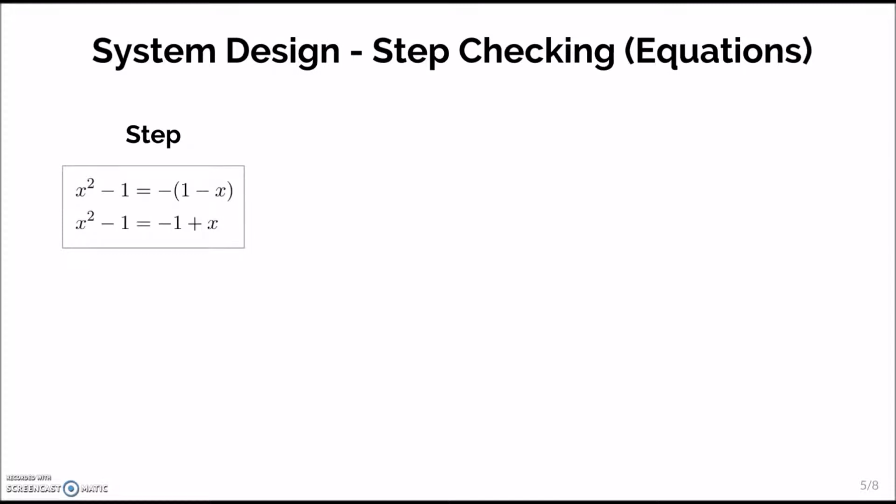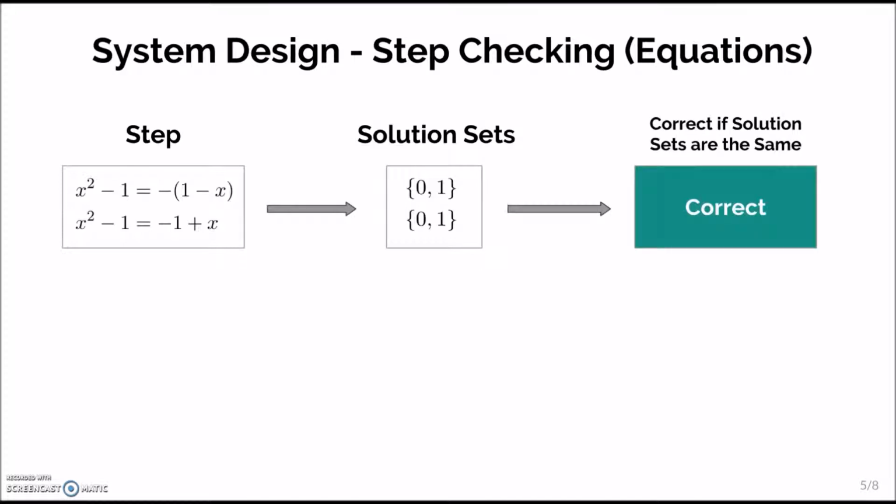Well, it starts by computing the solution sets of each equation. So the first equation has a solution set of 0, 1, and the second equation also has a solution set of 0, 1. Then it determines that the step is correct if the solution sets are exactly the same, like they are here. Now let's take a look at a different step, starting off with the same equation, but this